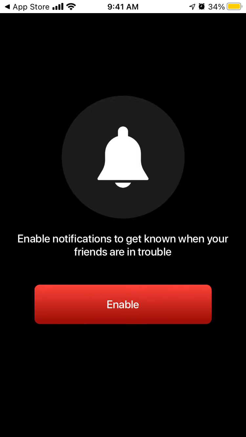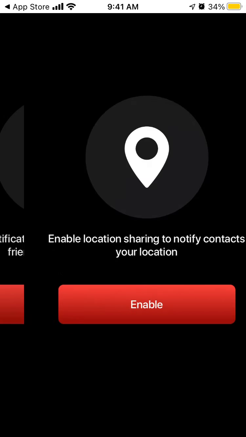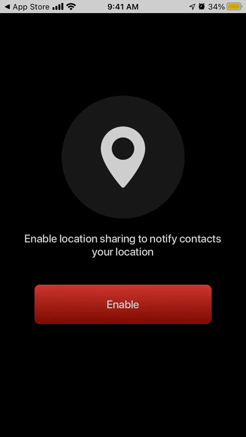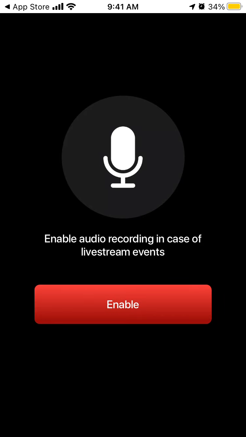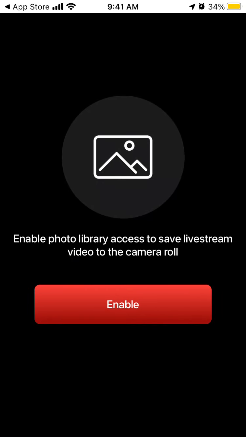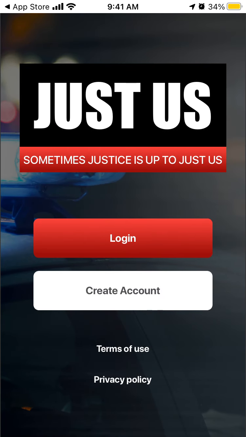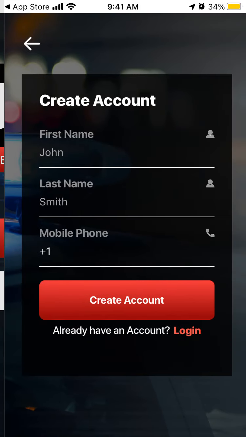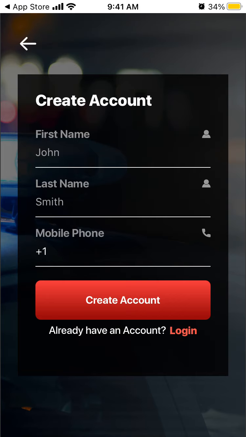So here is the app. Basically, you can enable notifications, you can share your location, you can enable audio and video recording, and that's that. And then you can just tap to create an account